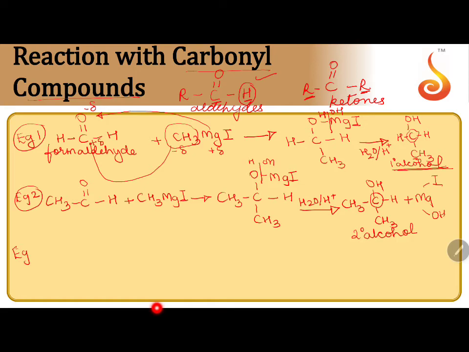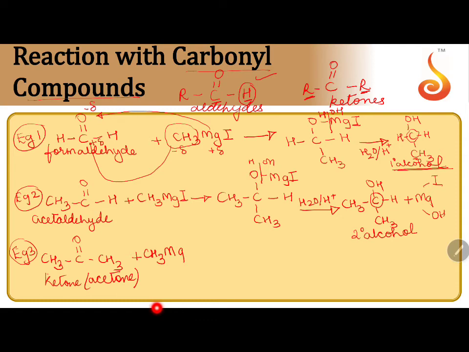We'll see the third example. I think you know what I'm going to do this time. We are taking here another carbon. What is this? This is a ketone. Which ketone is this? This is acetone. This here was ethanal or acetaldehyde. So now when we are adding Grignard reagent, you can see how the reaction is occurring. We have a CH3 here also, and here we have again OMgI, which on hydrolysis gives us